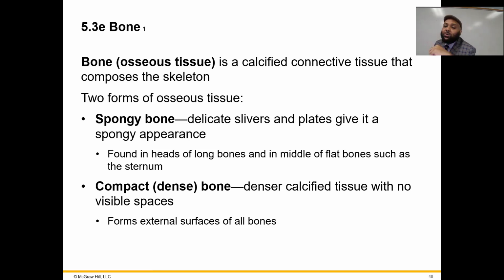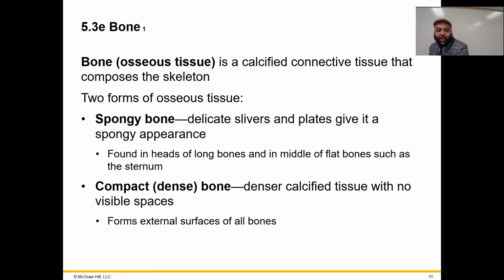So this bone is a form of calcified connective tissue that we use as a mineral and salt reservoir, from which we can deplete salt at any time that we need. So there are two types of osseous tissue: the spongy bone, made of delicate slivers and plates that give it a spongy